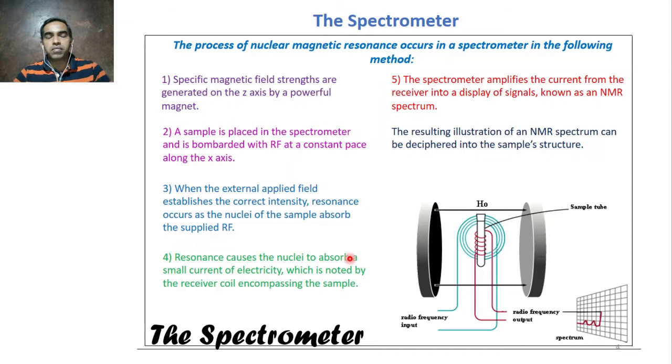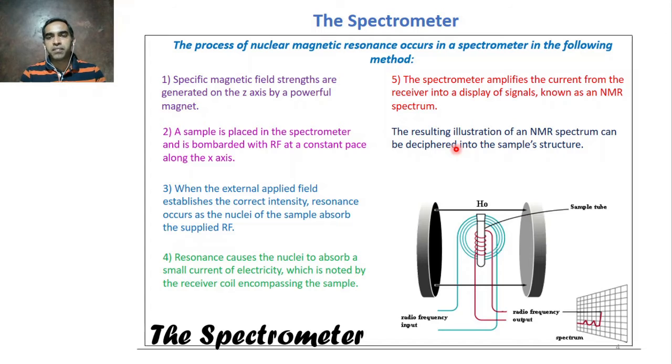So usually, there are two things you should maintain. One is changing the magnetic field, another is changing the radio frequency. These are the two things you have to maintain, and you keep the sample. Usually the radio frequency is kept constant and the magnetic field is kept changing. You can do it both ways, but our instrument is set at 300 megahertz, 400 megahertz, 500 megahertz, like that. So we don't change the magnetic field. The magnetic field is kept constant and the radio frequency is continuously changed.